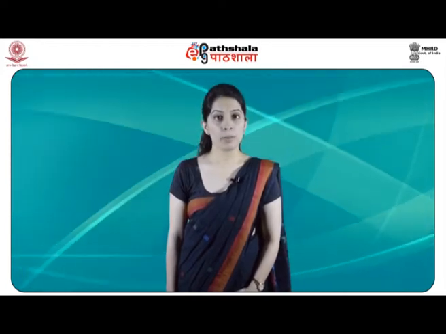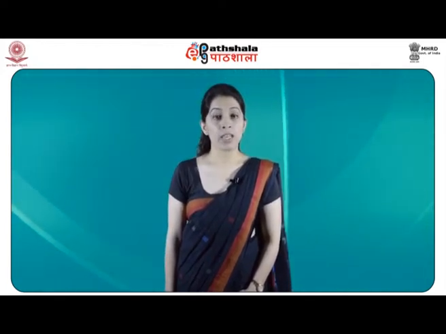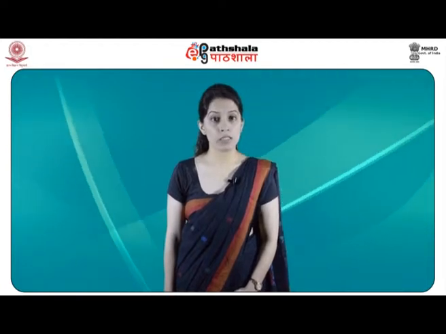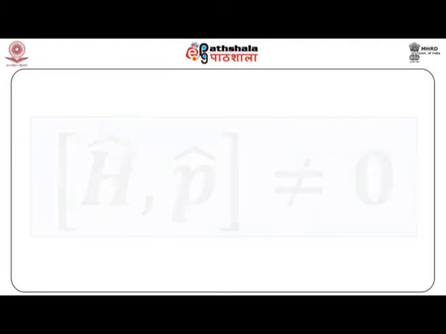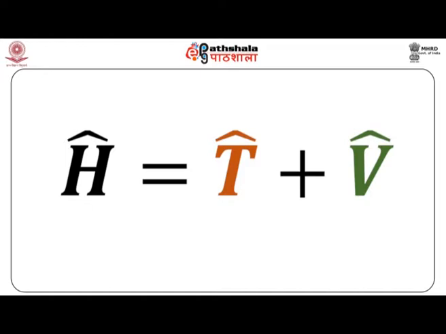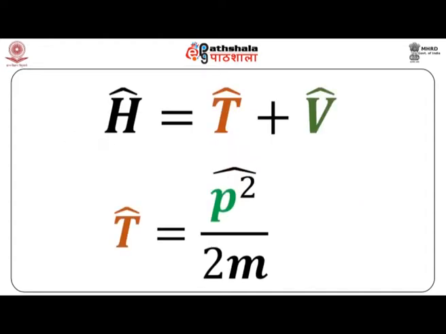One such operator might be linear momentum of the system. Linear momentum of the system is conserved. However, linear momentum operator does not commute with Hamiltonian. This is because Hamiltonian is expressed as sum of kinetic energy operator and potential energy operator. That is, H caret is equal to T caret plus V caret, where T caret is the kinetic energy operator and V caret is the potential energy operator. In terms of linear momentum, kinetic energy operator is equivalent to P square by 2m, where P is the linear momentum operator and m is the mass of the system under consideration.